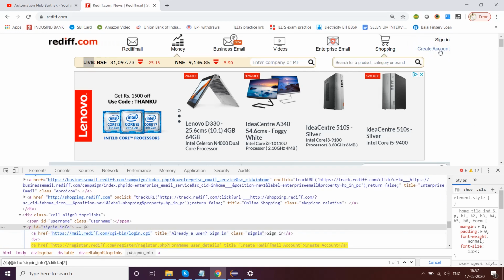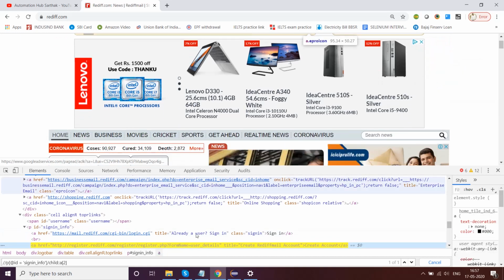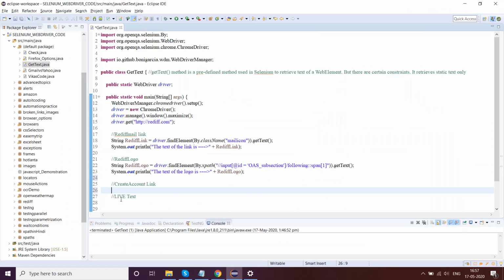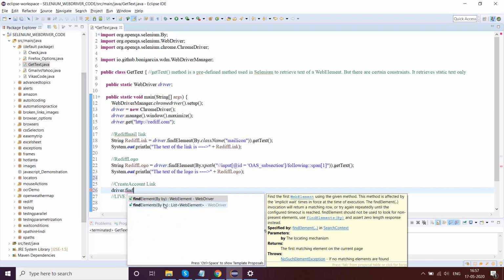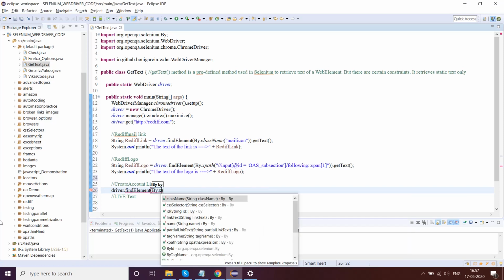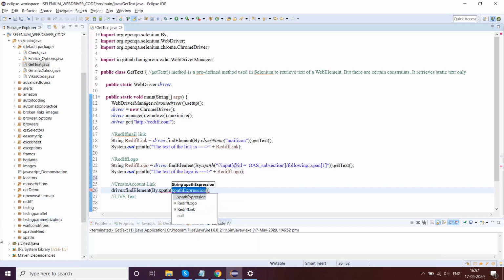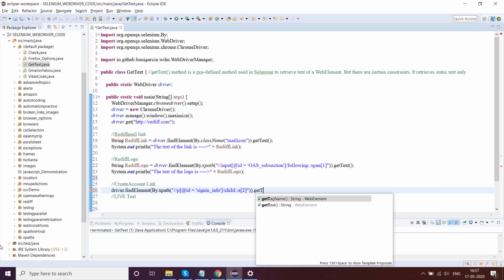See, the blue and yellow are coinciding, 1 of 1. So this is our correct XPath. We'll write driver.findElement(By.xpath), give the XPath, and try to retrieve the text of the same.